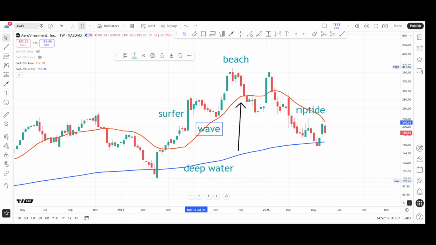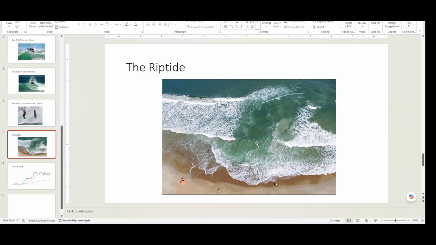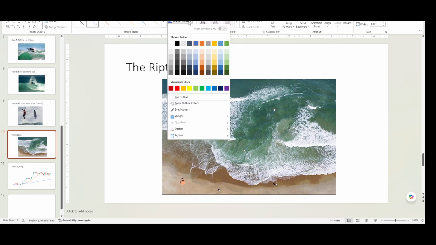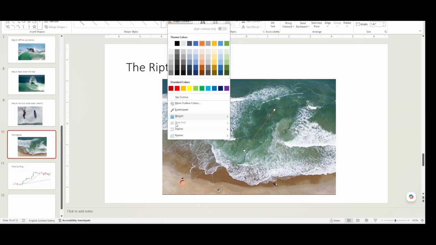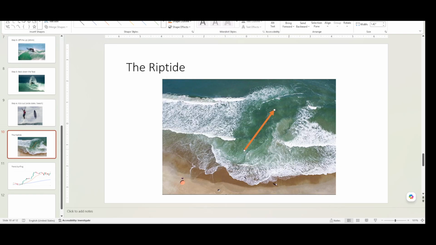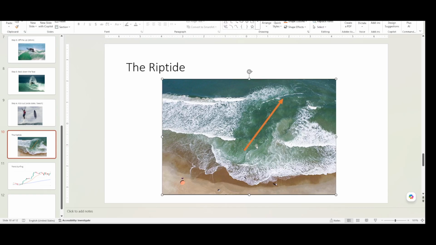I think I've got one in here. This is a riptide. So the waves come into the beach. Let me see if I've got a little arrow, and let me see if I can make that bigger. The waves come into the beach, and then there's a channel that goes out from the beach back into the